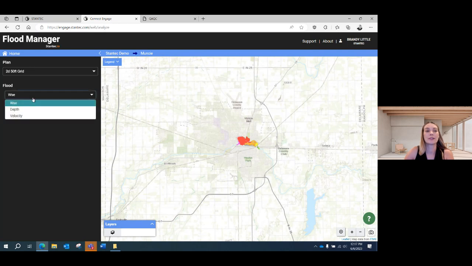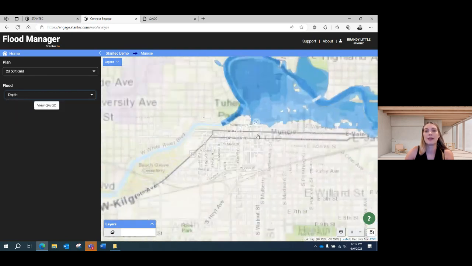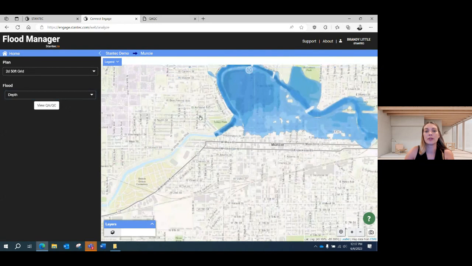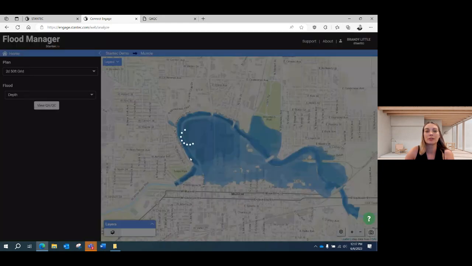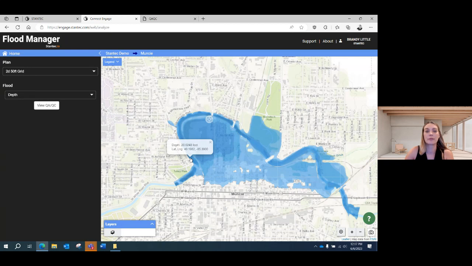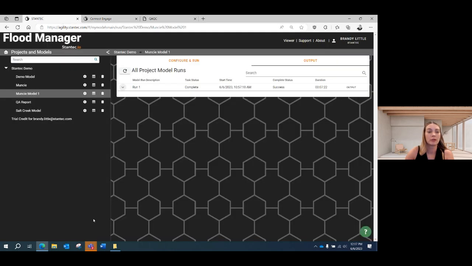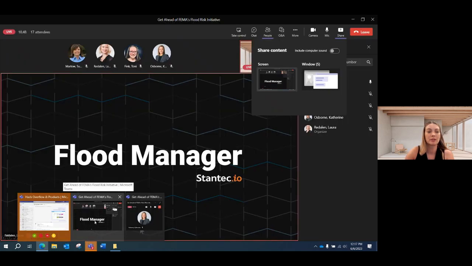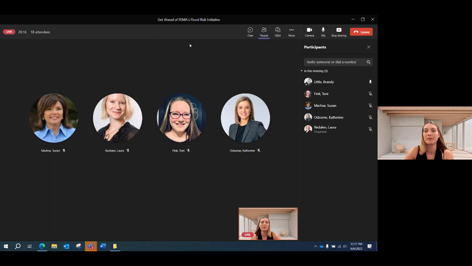We have a water surface elevation grid, a depth grid, and a velocity grid. So you can actually zoom in on these, and we have the ability to query these grids to get the values of the water surface, depth, or velocity. And I will jump back over to the presentation now.